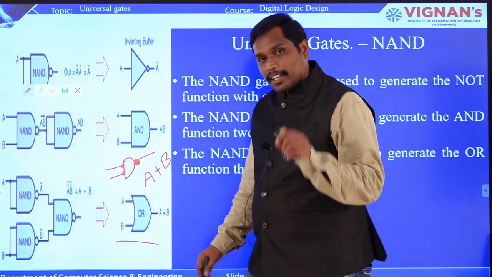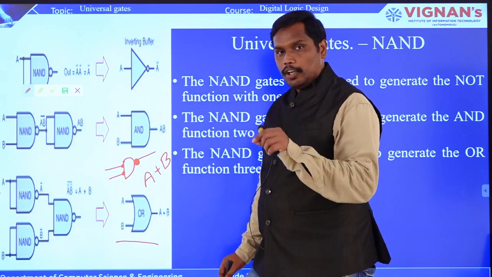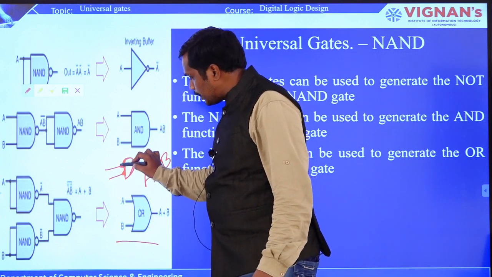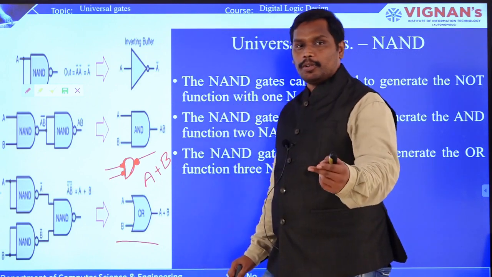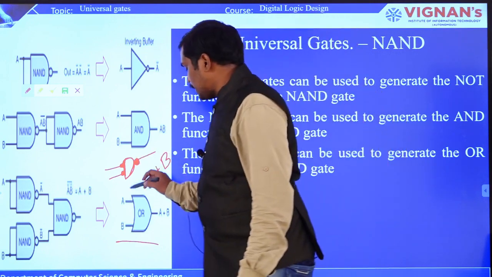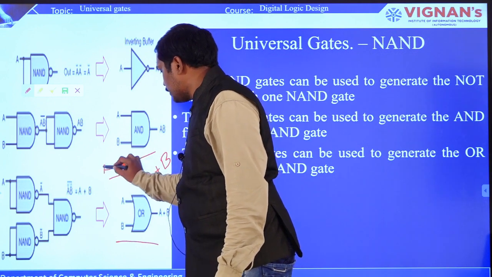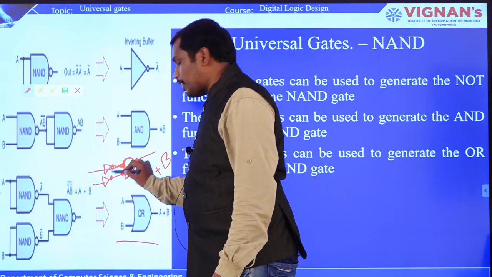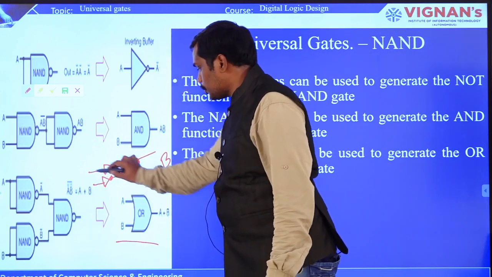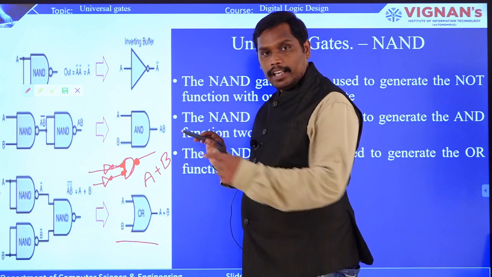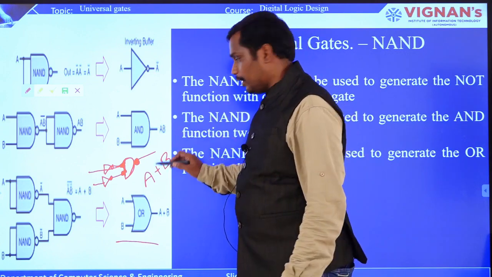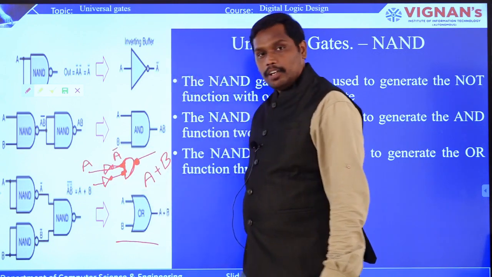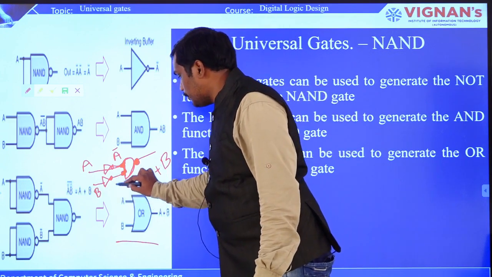So now you can see this particular bubble can be represented with NOT, right. So here this part is the NAND symbol. And this particular input which has a bubble can be converted to NOT. So this particular symbol can be written as something like NOT, and here also NOT. Whenever NOT is there, you can remove this bubble so that it is a direct line given as an input to the NAND. Here you can see A I have given as an input, and now it becomes A bar. Are you getting it? In the same way, it is B. Now we are getting B bar.